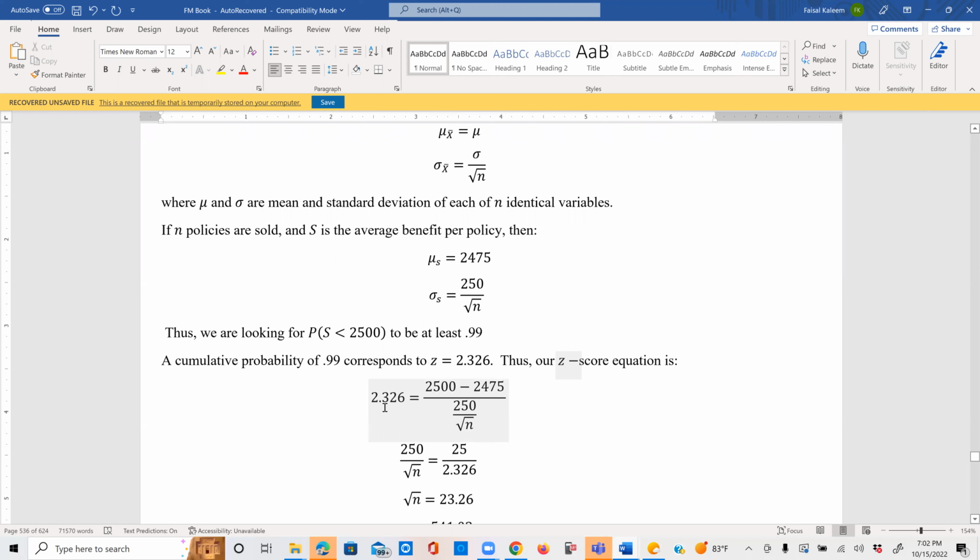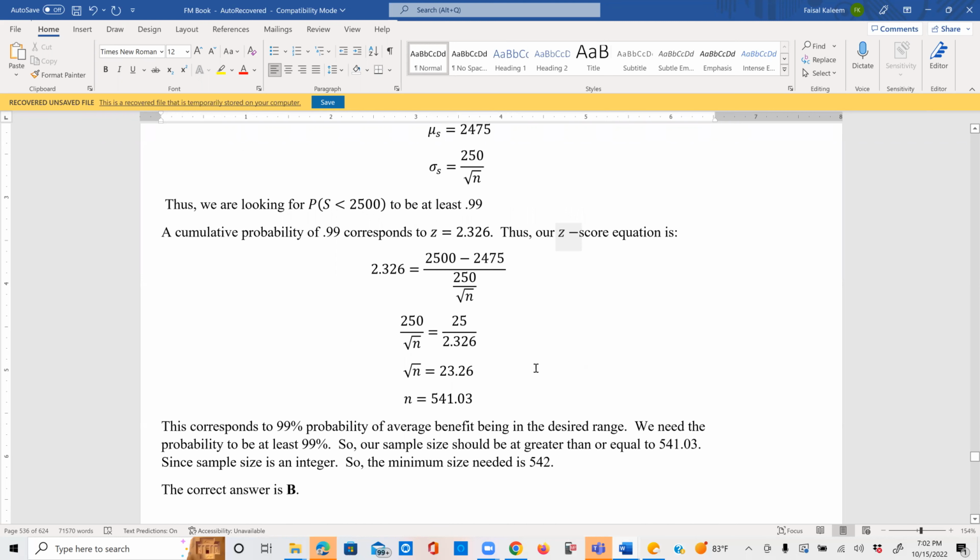So the z-score equation would be: z is 2.326, as we just saw, equals x, the value of interest, 2500, minus the mean, which is 2475, divided by the standard deviation, which is 250 divided by the square root of n. So you bring the 250 over the square root of n to the left side